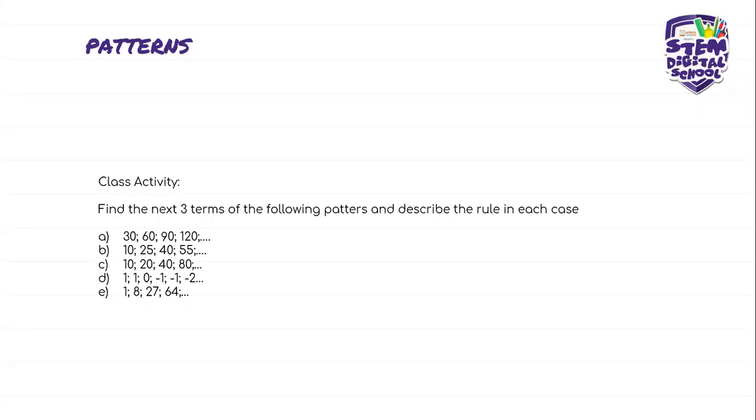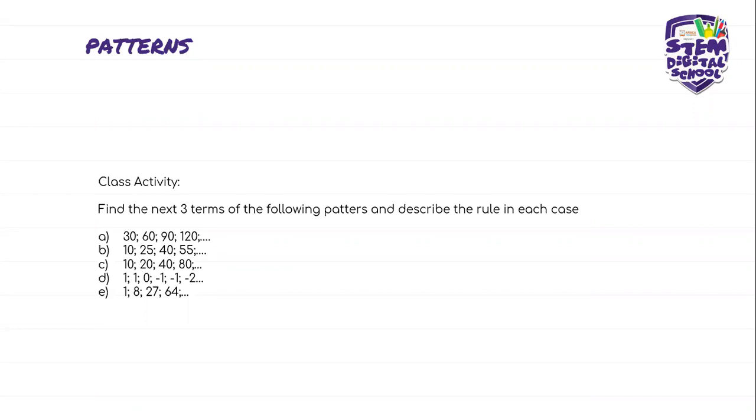Those are the cubes. You can see that the first one is 1, followed by 8, followed by 27 and 64. So 1 cubed, 1 times 1 times 1 will give you 1. And the next one is 2 cubed. So 2 times 2 times 2 is 8. And then the next one is 3 times 3 times 3 is 27. And then 4 times 4 times 4 is 64. So can we find the next